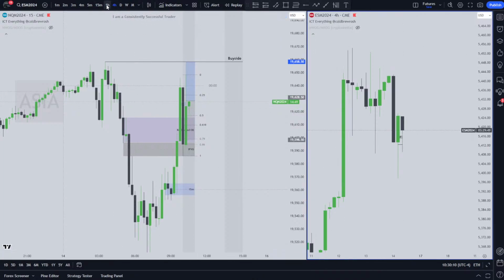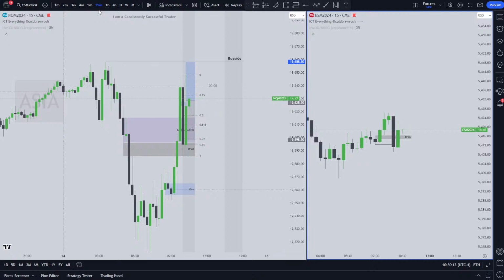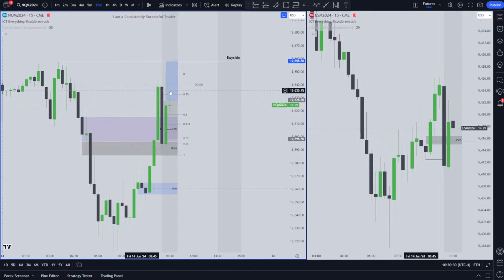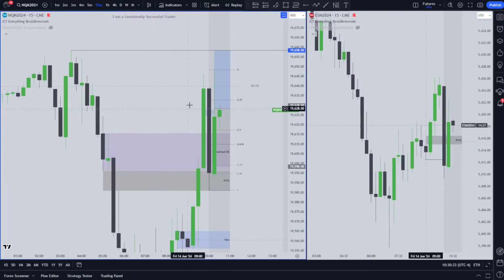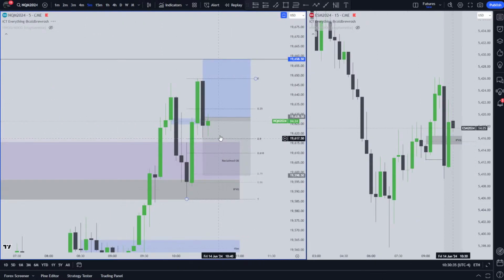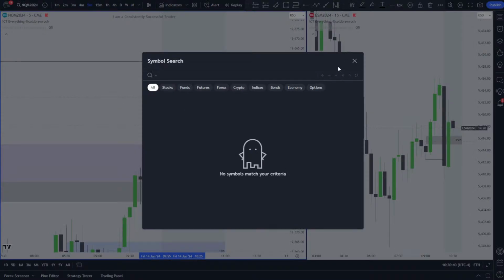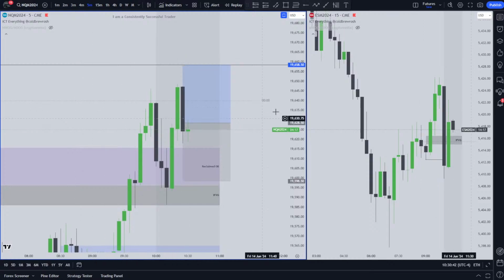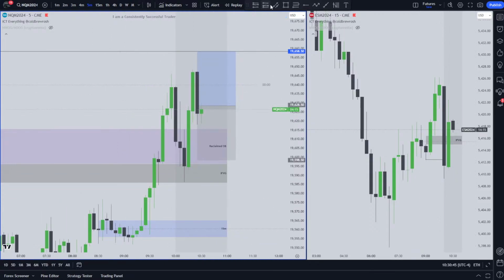Trading's hella interesting, you know. So many scenarios, everything's changing every second basically. Okay, what did the 15-minute do? It didn't close above. What have we got from the 5-minute? We are in a 5-minute fair value gap. I'm going to get rid of that, and I'm going to get rid of that. So my faith would be